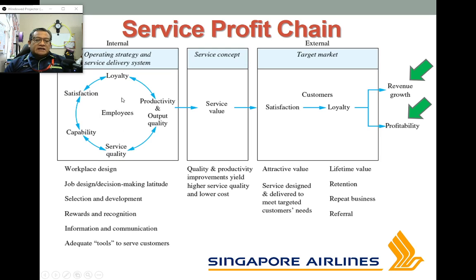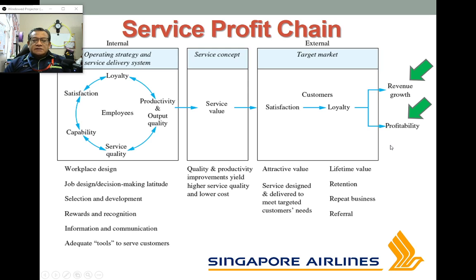These are all experienced by employees, so they have high satisfaction. They are willing to go for higher capability, improving their task capability, and so on. So internally, this will be delivered in the form of the service concept, which is service based on value, and it will go outside to the external, to the customer, in which you could see that by customers being satisfied, they are being loyal to Singapore Airlines, and as such, it contributes to the sales growth and also equally profitability.